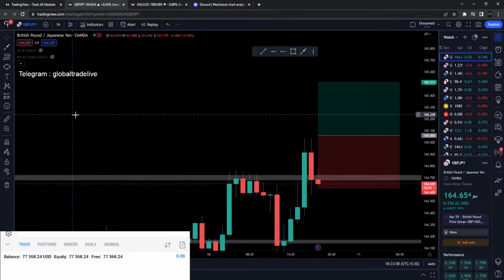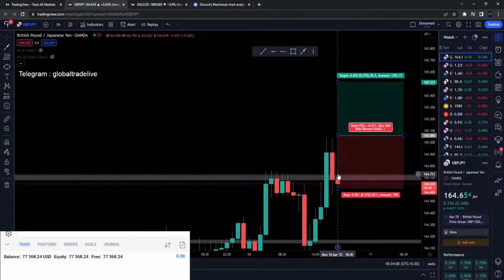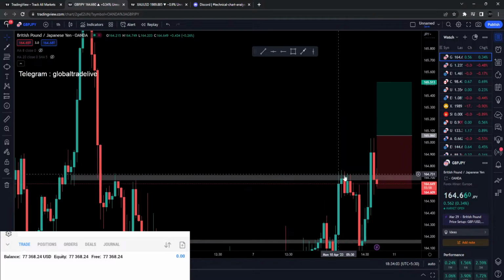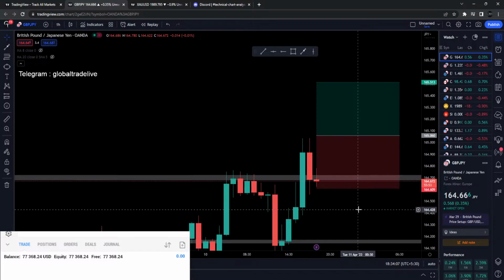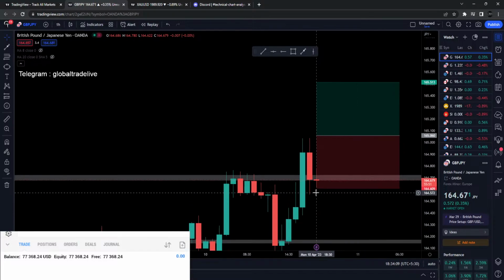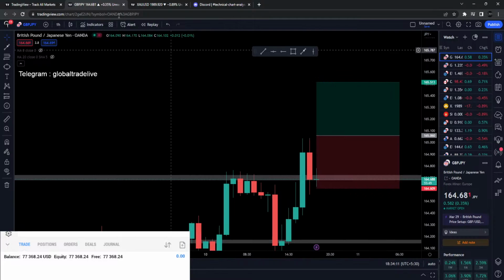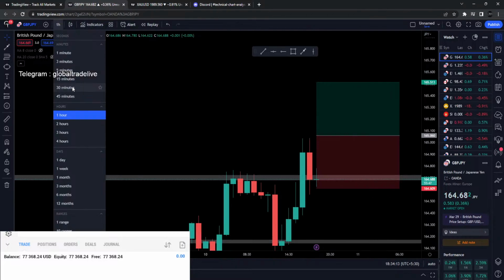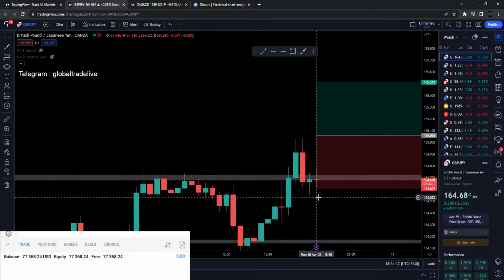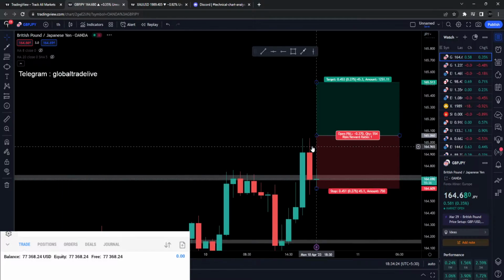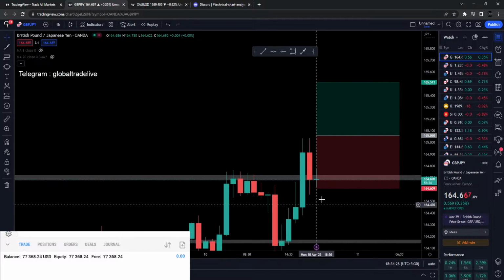Let's have a look at the 1 hour. Yeah, 1 hour looks good. It doesn't look like it's going to move down, so I'm just going to stick to buying over here. No room for sells, even though this candle breaks the low, but I'm still going to wait for the 1 hour candle to do something,